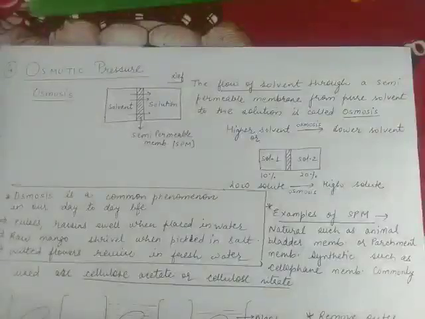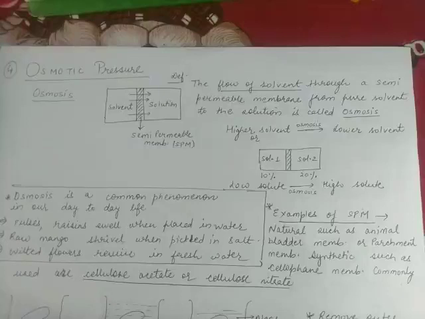Good morning, dear students. Now, three colligative properties we have discussed: relative lowering of vapor pressure, elevation in boiling point, and depression in freezing point. Now, from these colligative properties, the theory part also comes. That is a conceptual question, and numericals also come. So practice numericals. Now, we are moving to the fourth colligative property, that is osmotic pressure.